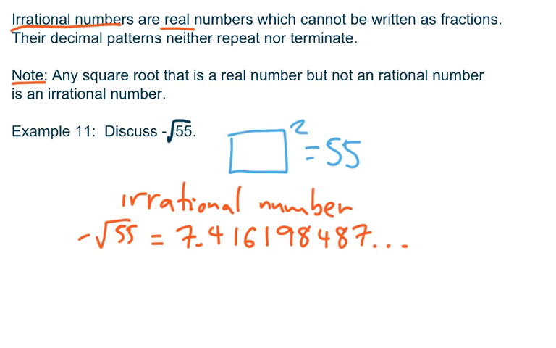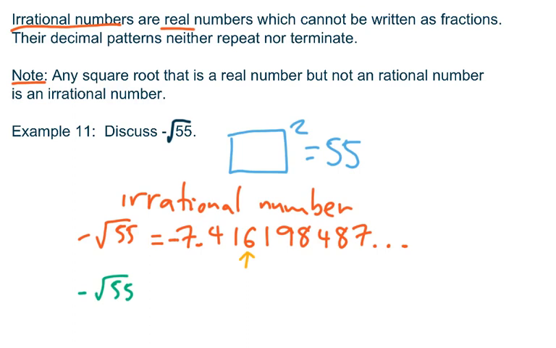Now, often what we are asked to do is to just approximate an irrational square root by rounding to a certain decimal place. Let's say I want to round that to the thousandths place. The thousandths place is right here, and the number just beyond the thousandths place is below 5, so I would round that down, and I could use this symbol here. Negative principal square root of 55, I forgot my negative sign here, notice that should be negative, it will be, let's say that better,